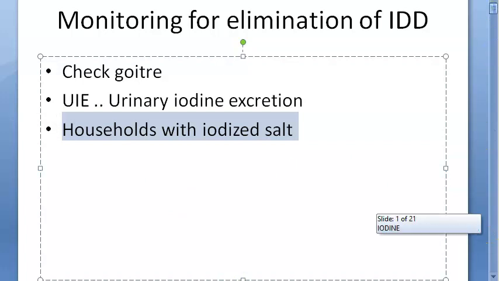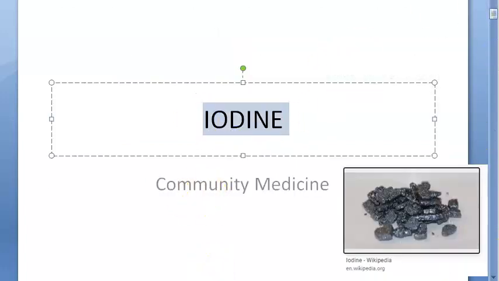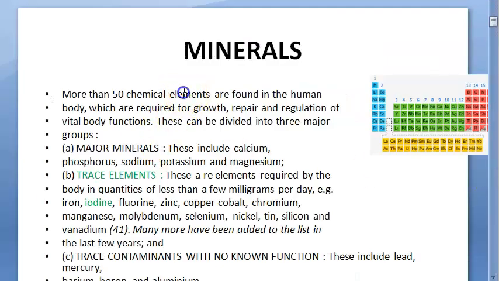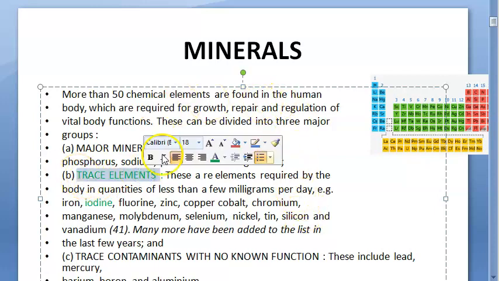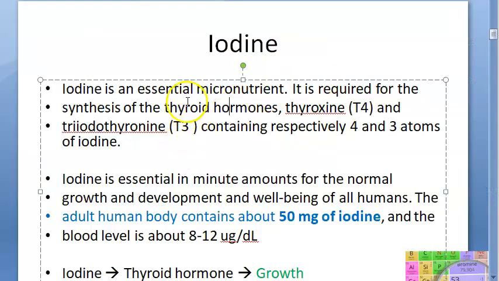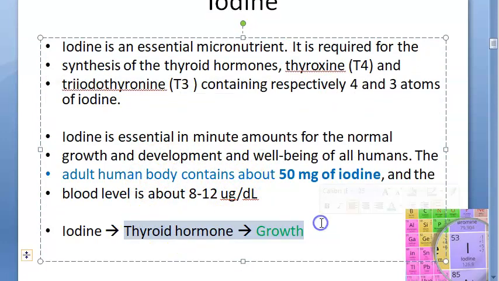So in this video, we wanted to look at iodine from a community medicine perspective. So we are taking a recap now. Basically, iodine is a trace element required for us. It is a halogen, you know that, and it is an essential micronutrient. It helps in the synthesis of thyroid hormones T4, T3, and remember that thyroid hormone is important for growth and mental development. So if there's no iodine, there'll be no thyroid hormone, leading to goiter, that is enlargement of the thyroid, and leading to hypothyroidism, where growth retardation and mental retardation can happen.